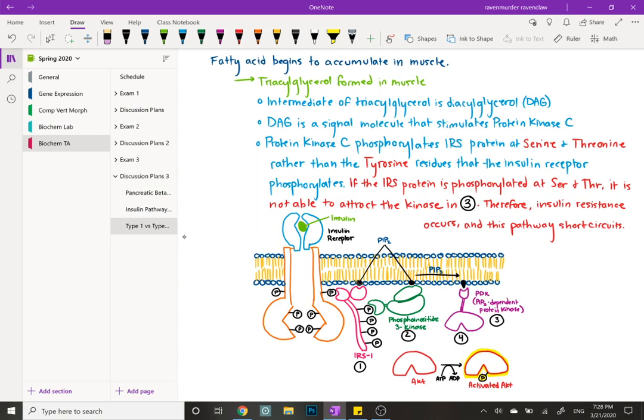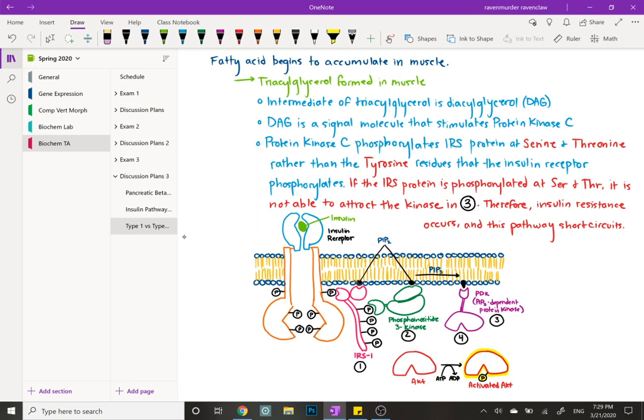So down below, you can see that over here in 1, these residues are phosphorylated at the tyrosine, and then that would stimulate phosphoinositide 3 kinase to come and continue the pathway. But in the case of too many fatty acids circulating in the blood, which is usually caused from obesity,